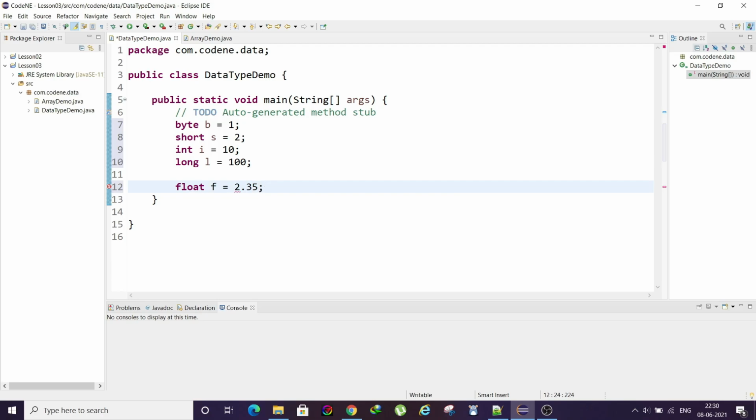2.35. When you assign a float variable, you can notice that there is a cross sign, there is an error. Why is this? If you simply hover over this, you see it says type mismatch, cannot convert from double to float.